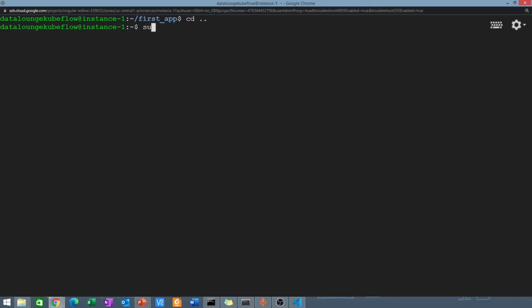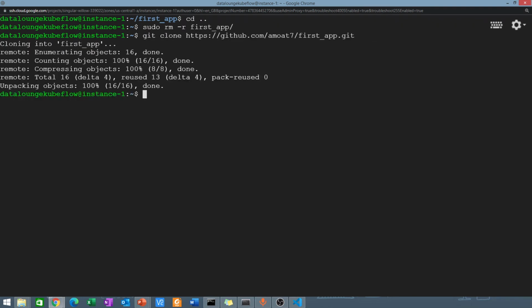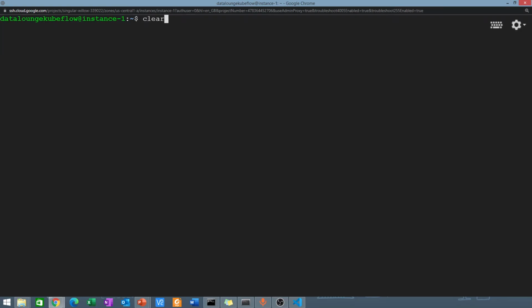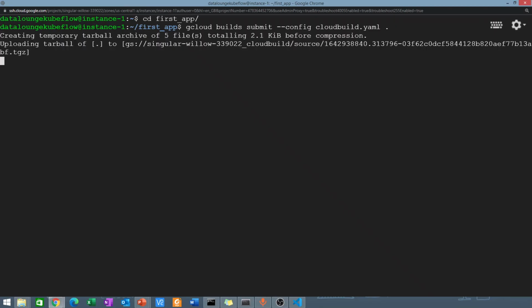So sudo remove first app, and then I'm going to clone this again, git clone again. I'm going to clear this, and then I'm going to go into that directory, first app, and then yes, so gcloud build submit again. I'm going to run this again,